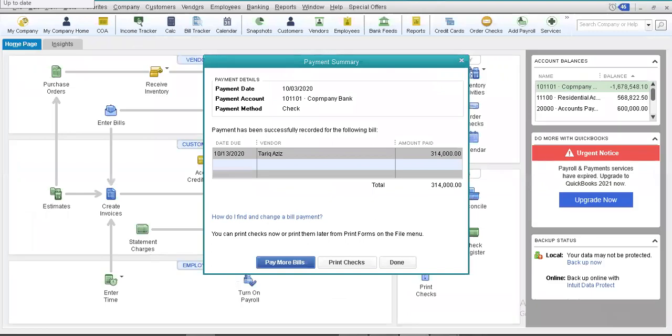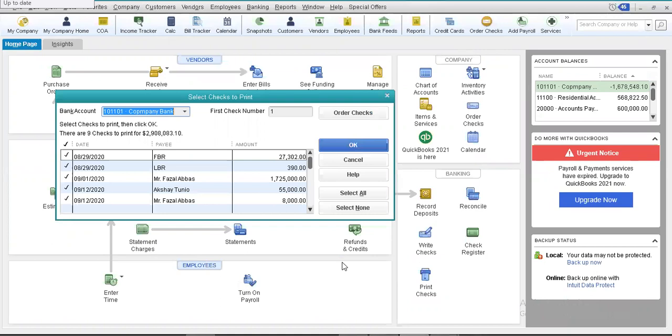Now my dear friends, I can print this check as well. All right. So in order to print this check, I have to select this option. So these are all the list of bills that I have paid through check, and I have the option of basically getting a printout of these checks. Normally, my dear friends, companies use blank checks, and they enter these blank checks into their printer systems, and they give the print command, and all these things are replicated on that blank check, and this check is then printed as a pre-printed check. All right.